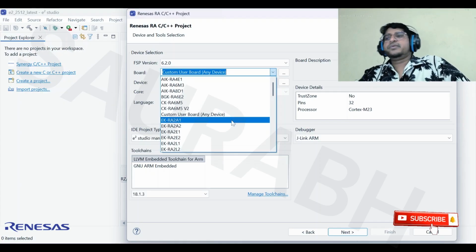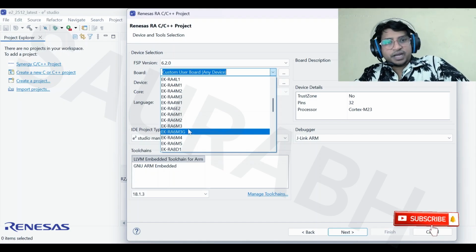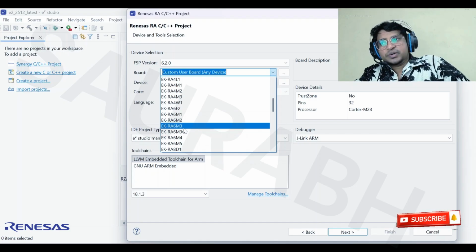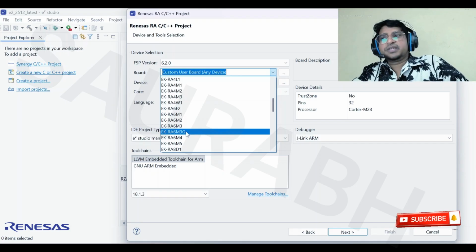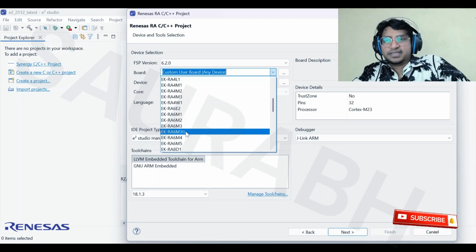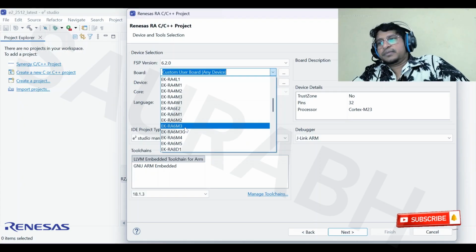What we are going to do is, our board name is EK RA6M3. There are two boards, as I explained in my earlier video. I have the G version, but nothing will change in the code. The only difference is that G is for graphics, so the graphics display you will find in the G versions. Nothing else. Everything will be the same from the software and hardware side. So here I am going to select this board.